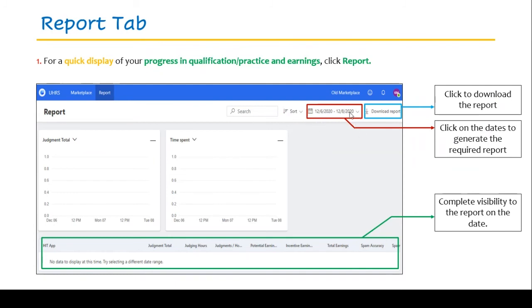The date filter gives you a filtering option where you can see your report day wise, week wise, and month wise. You can select the date range that you want to see your report for. Select the date that you want to see. This tab is where you will be able to see all of your earnings, your judgments. This is where your report will be generated day, month, or week wise as you have set your date. You can also download the report from here, which says download report. This tab allows you to download your report depending on the setting that you have made on date.